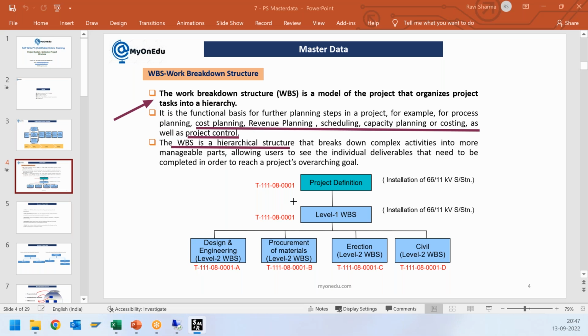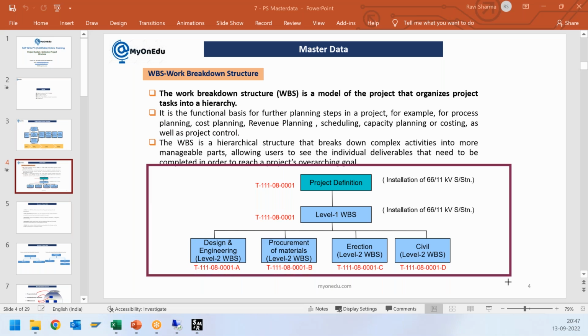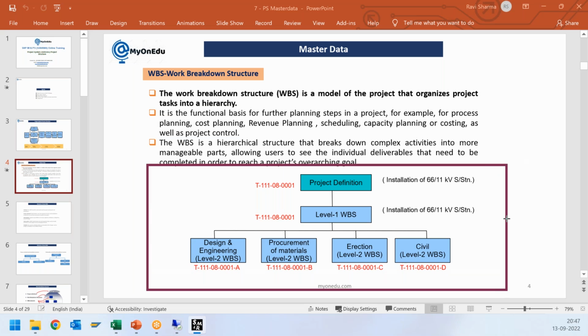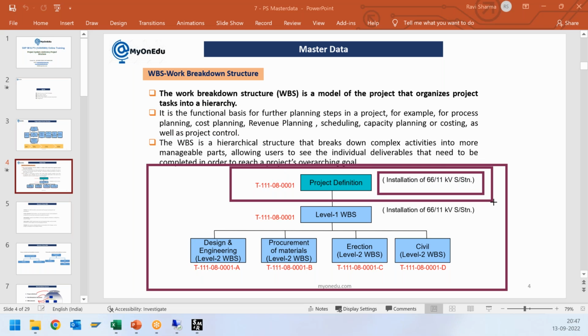So we'll take an example here. Again it's the same example: installation of a 66 kV substation. What are the activities we can have, and how can we subdivide these tasks? So we are saying that we will create a project. The project consists of one project definition, and then we have a